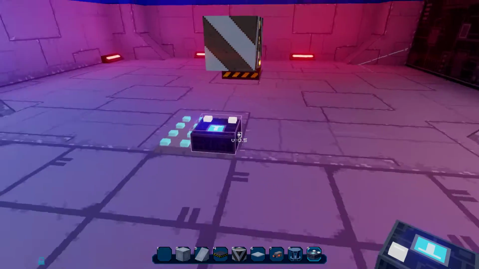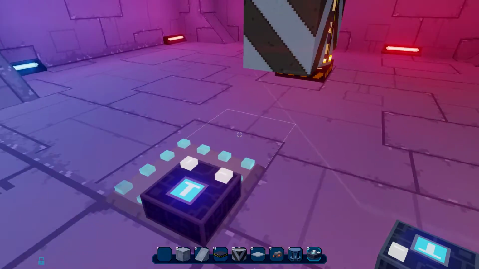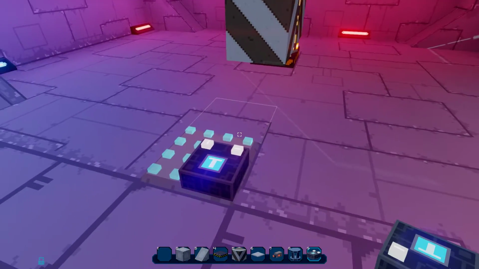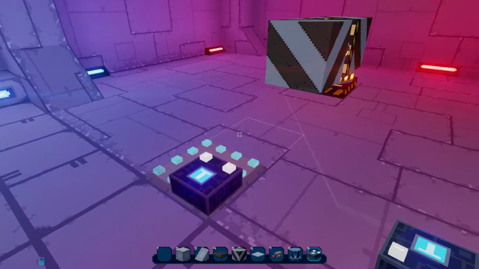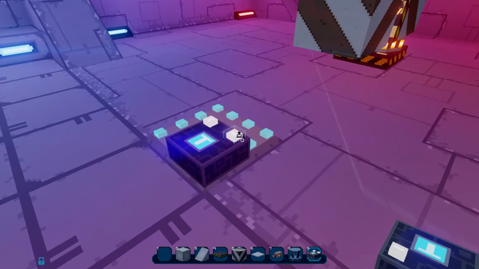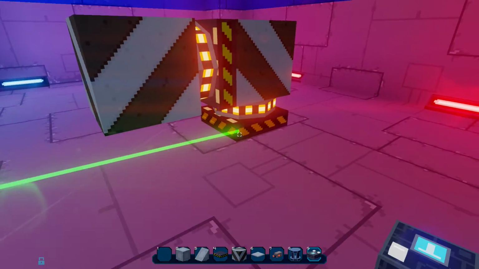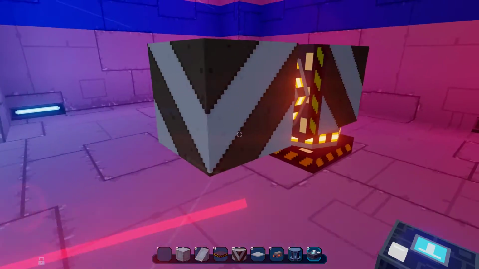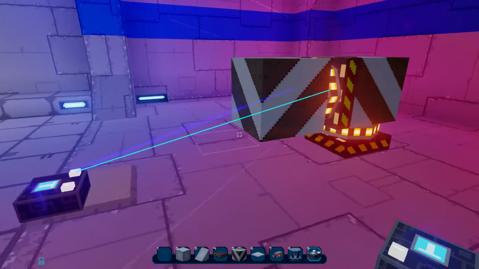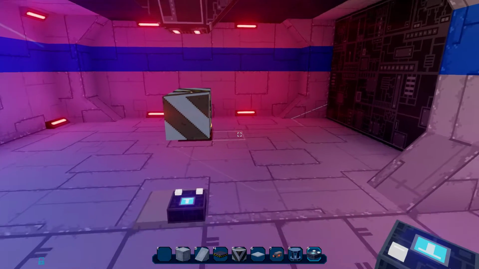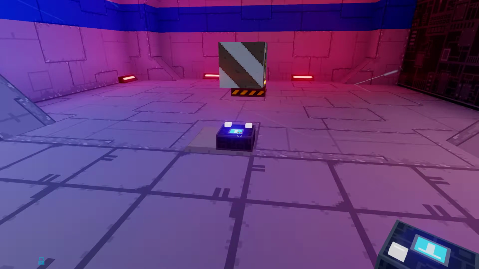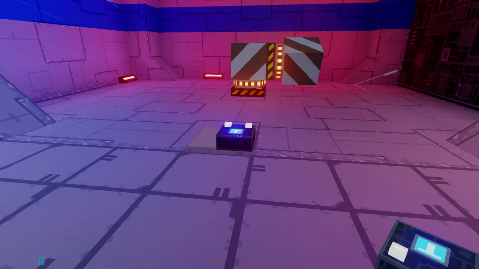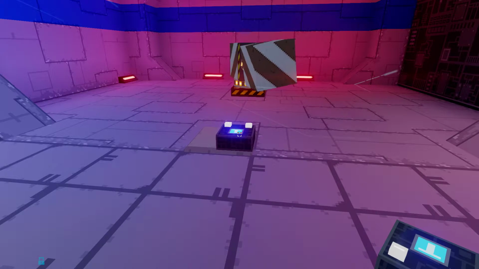Okay, so you will activate your turret with this brick, but before we do that, we just have to assign the two axes. This is the horizontal axis, so it will link to the horizontal rotator, and this is the vertical one. Okay, so that's really easy. This is the only thing you have to do, and once you have done that, you can just press E on the turret control unit, and then you will control the turret like that.